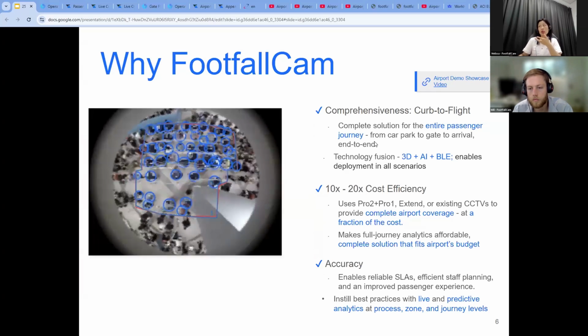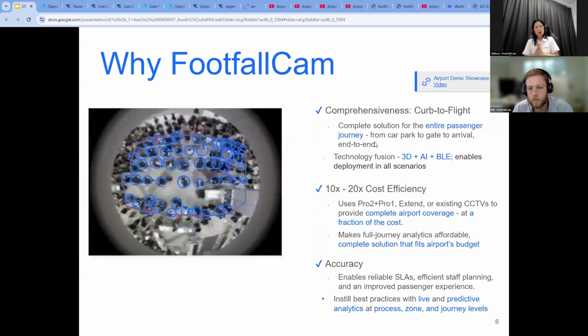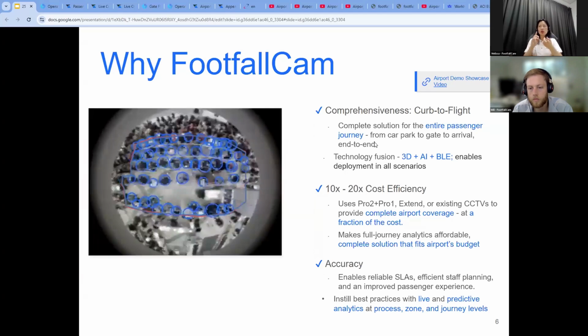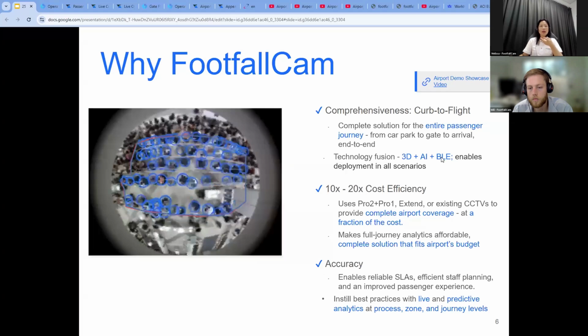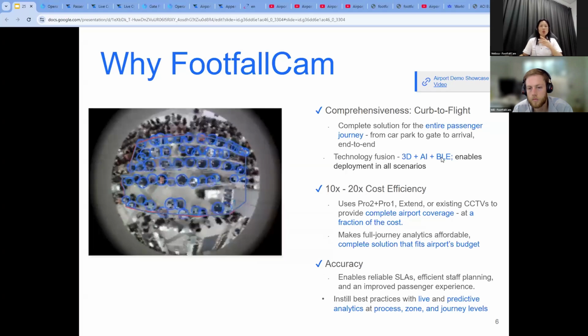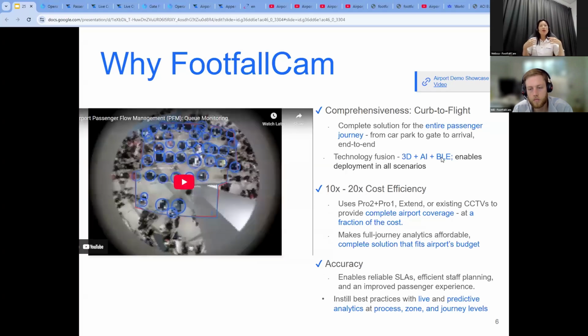coverage with fusion technology. So we are the only solution on the market that fuses 3D stereo vision, AI video analytics, and Bluetooth BLE tracking into one seamless platform. The fusion enables us to monitor the entire passenger journey from curb to gate, from car park to arrival hall, or from disembarking from the flight all the way to the arrival hall to the taxi stand,